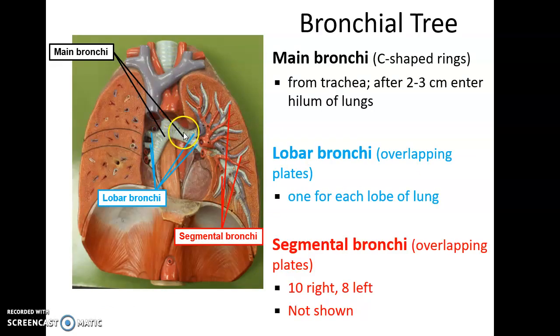All right, the main bronchi enter the lungs, and then they split into the lobar bronchi. The lobar bronchi are smaller tubes with plates of cartilage holding them open, and each of those lobar bronchi goes to one of the lobes of the lung, so there should be 3 for the right lung, 2 for the left lung. The lobar bronchi then branch into smaller bronchi, the segmental bronchi. The segmental bronchi, also held open by plates of cartilage, go to the different segments, different specific regions of the lungs. The bronchi then branch into smaller and smaller bronchi